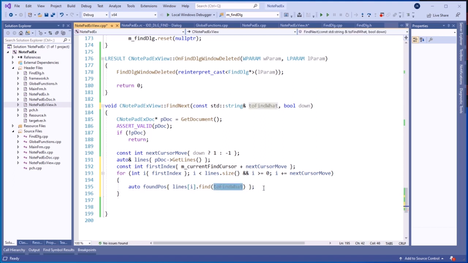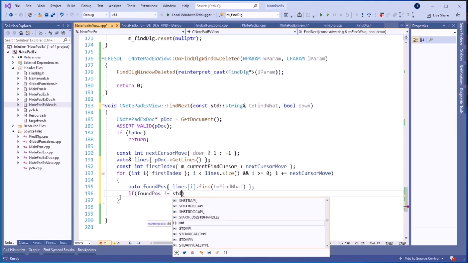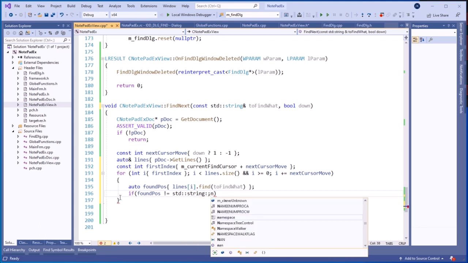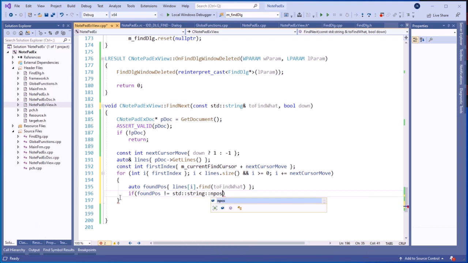If it doesn't find, there is a test for that, and the test is found pos equals to std string and pos. So if we do not find this substring from this current line, this find function returns npos. But if it found it, it will return the index position where it found it